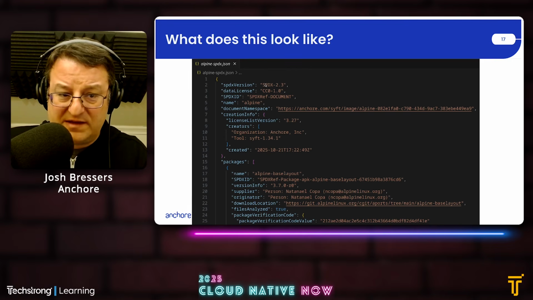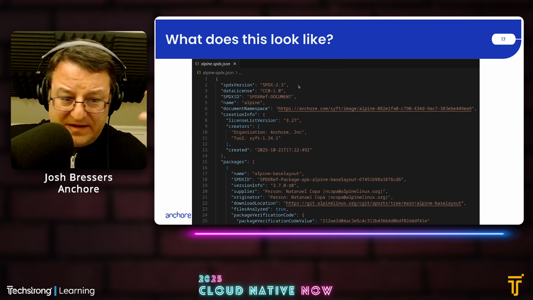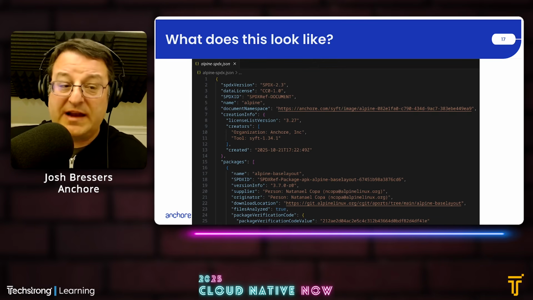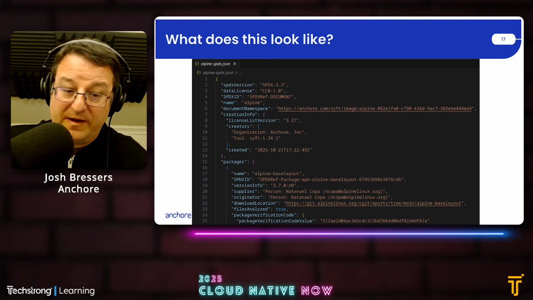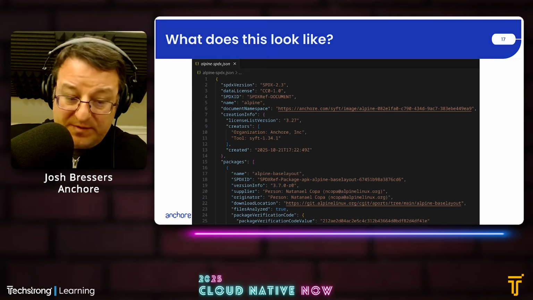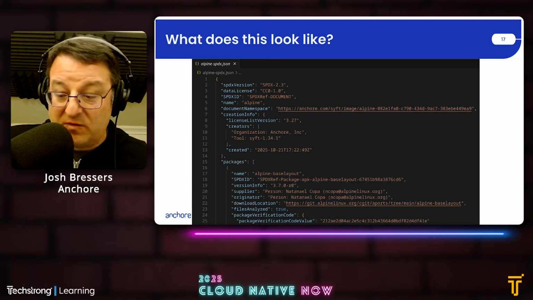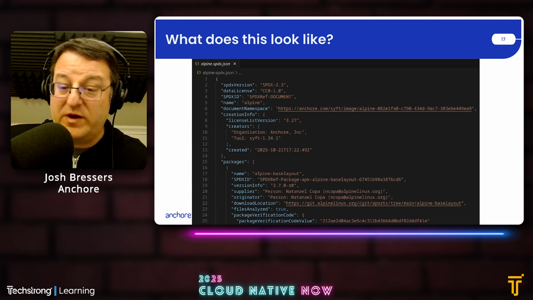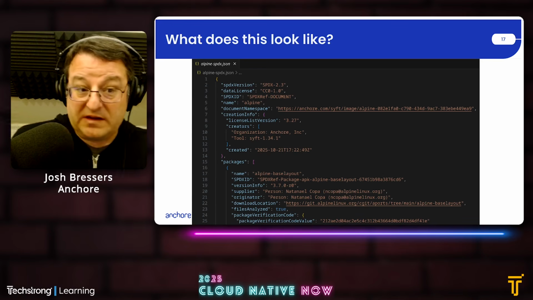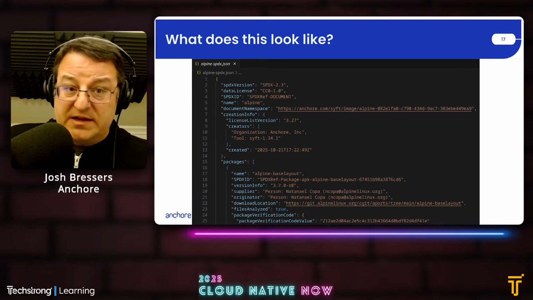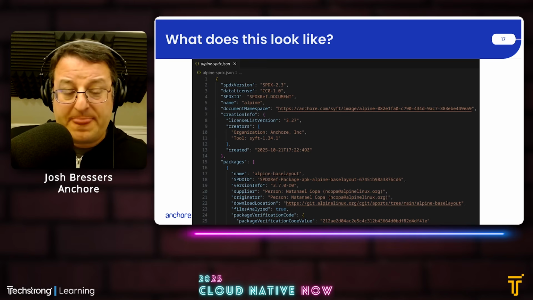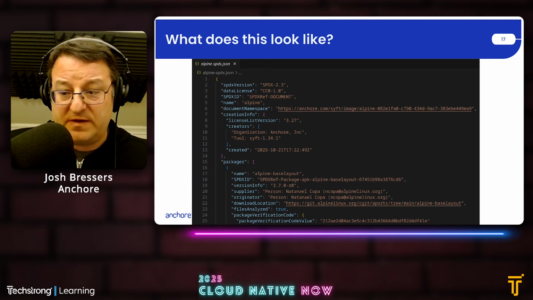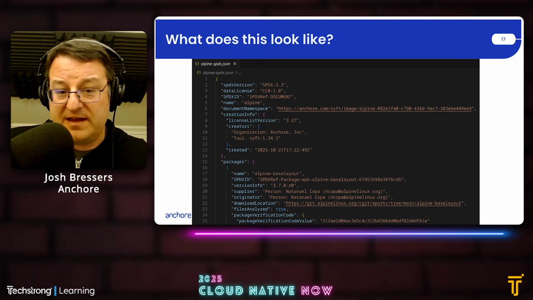In this instance, obviously, it's the SPDX format. These are not for humans, so I would never suggest you necessarily spend a lot of time in it. However, if you are writing tools and you need to parse these, the JSON is well-formed. It is easy to understand. These are well-defined standards, so you can look up documentation and get an idea of what you need to do. And there are tons of libraries. For example, if you're writing a Python application or a Go application, and you want to parse an SPDX file or a CycloneDX file, there are libraries from these projects that do that. So you don't necessarily have to be the one